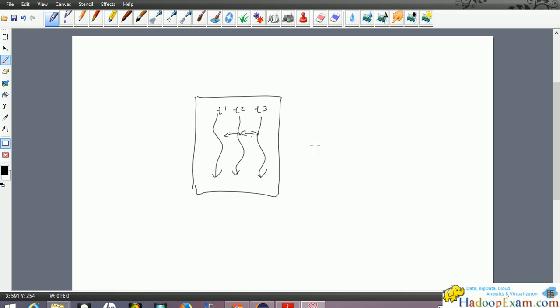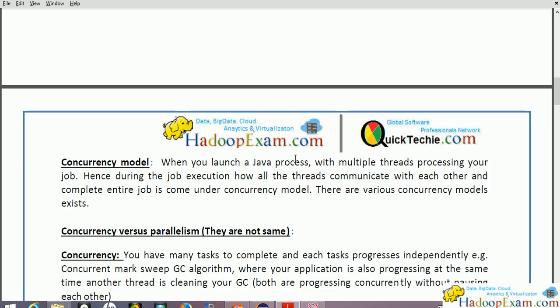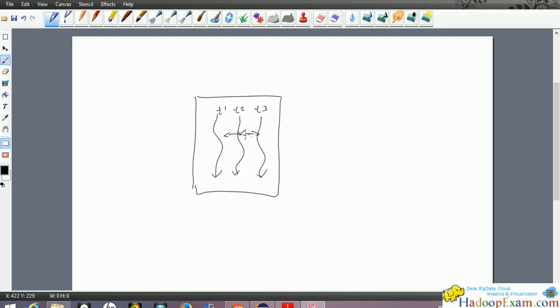There are various concurrency models for how threads communicate with each other. Once you launch a Java process with multiple threads processing your job, how do all the threads communicate with each other during job execution? Communication is possible, but how they communicate is called the concurrency model.